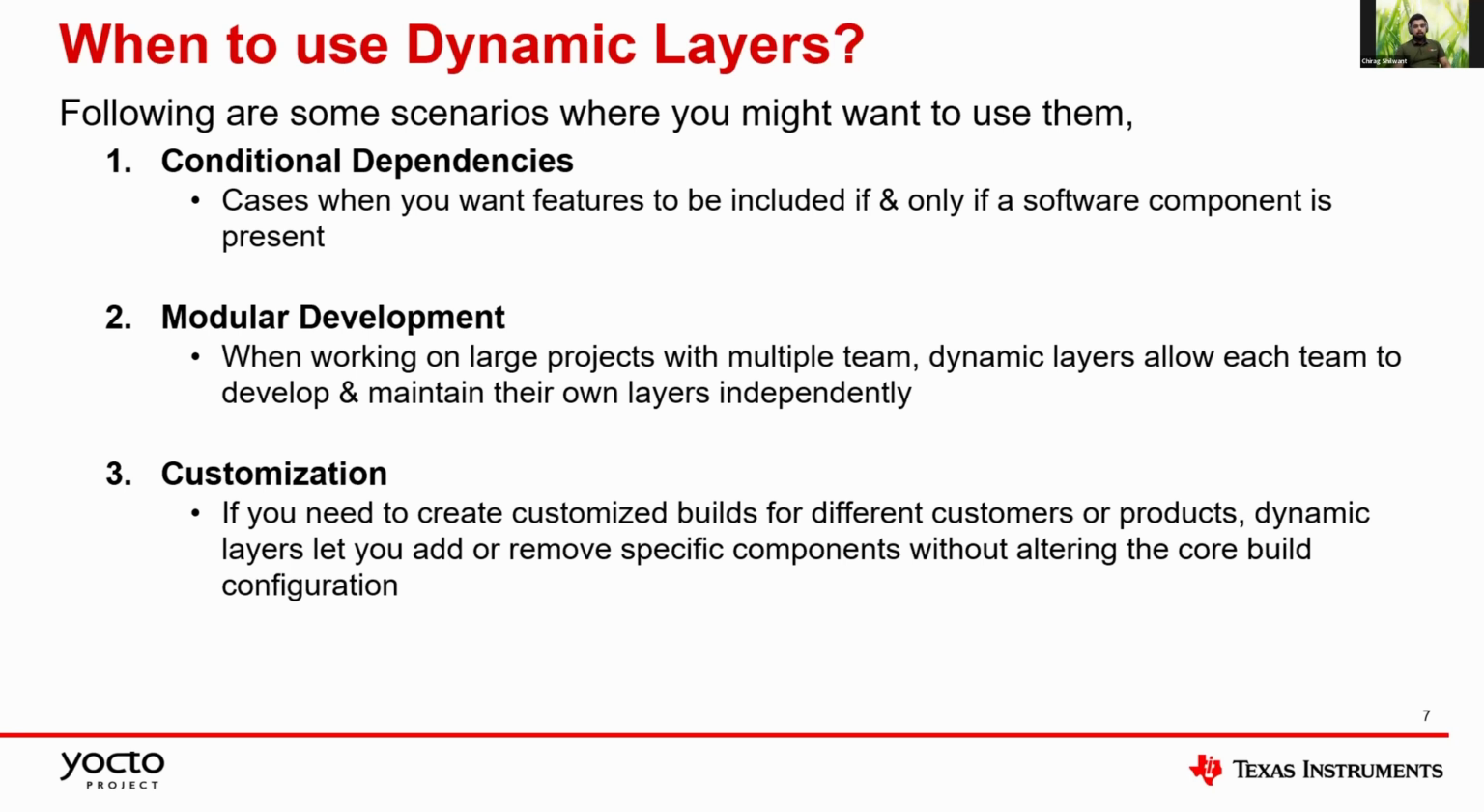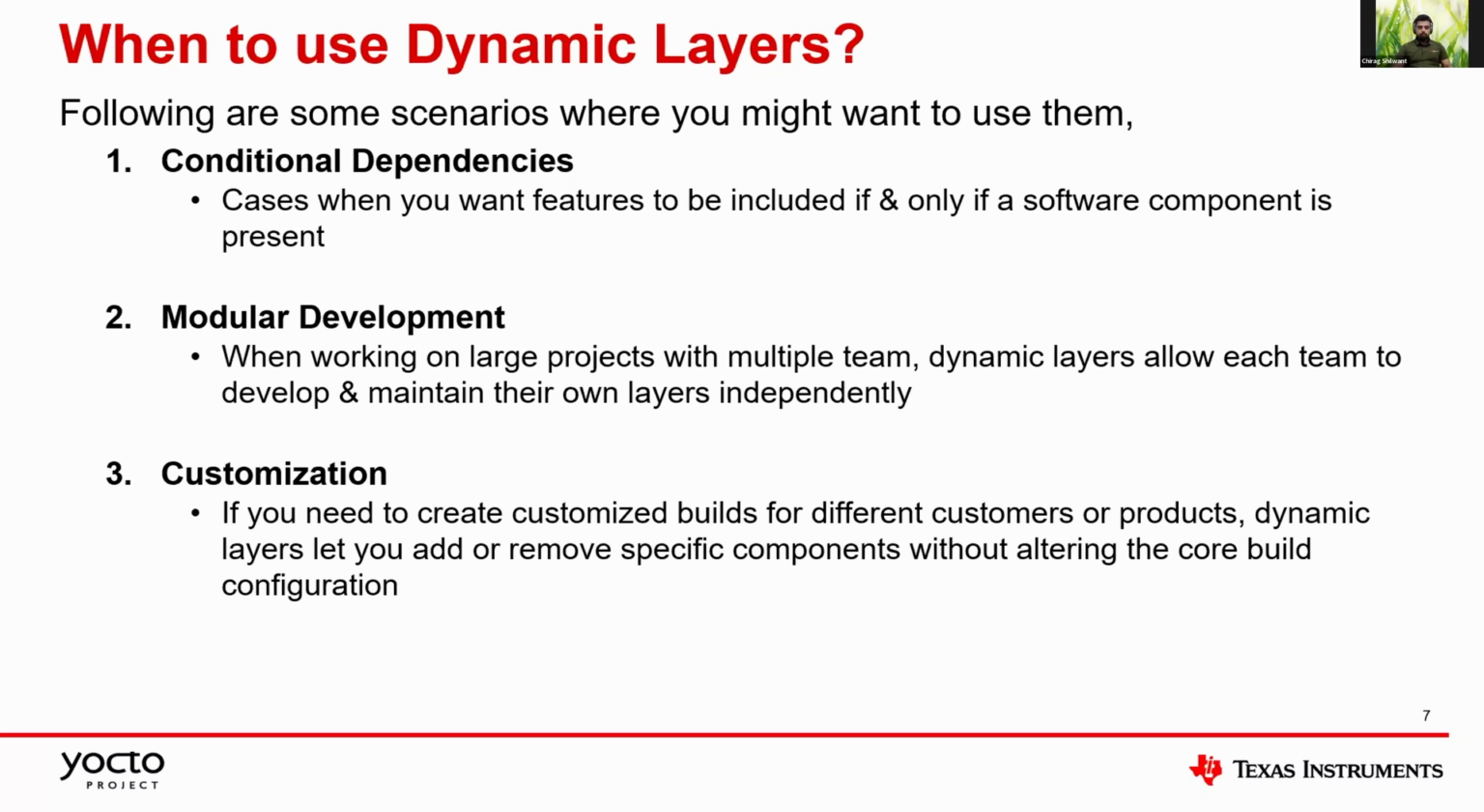For example, say you have a customer requirement where they want you to include meta-qt6. If the customer is including meta-qt6, you can have a dynamic layer which will deploy all the Qt6-related packages. But at the same time, if other customers want to stick to meta-qt5, you can have another dynamic layer in parallel which will deploy Qt5-specific packages when meta-qt5 is included in the